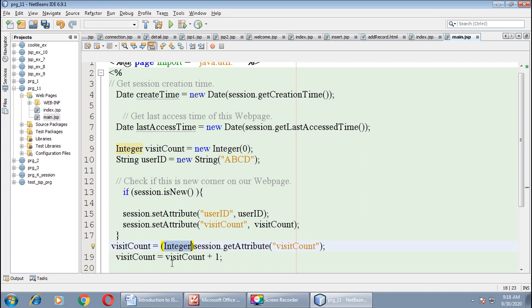Now we can add 1 to the last value of visit count, as we want to count the number of pages accessed by that particular client. For that we are increasing the value stored in visit count by 1.